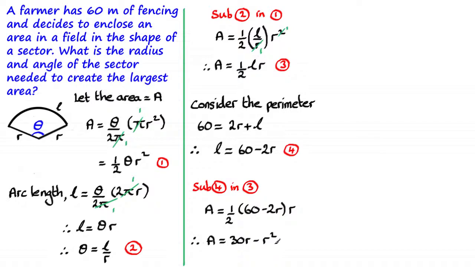So now we're in a position to find that maximum area. To do that, you know what we've got to do? We've got to differentiate this. So that's my question to you. Differentiate this. Very easy to do. Put dA by dr equal to 0 and tell me what that radius is going to be. I will bring up the solution very shortly, but you should be on your way now.